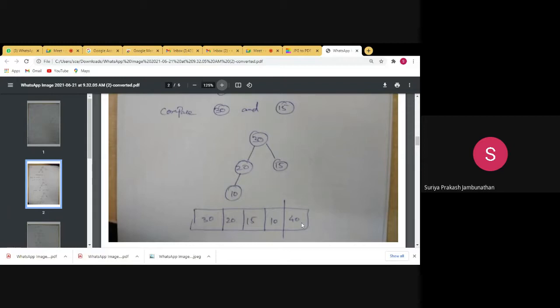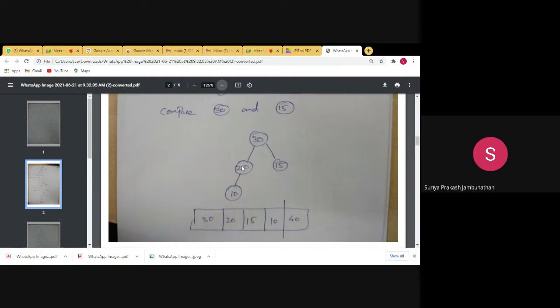Okay. Now we have to delete 30. What is the next root node? We have 30 that has to be deleted. Now when we are deleting 30, which element can we keep as the root node? Can you tell me, students? 10, sir. When deleting 30, we have to keep 10 as the root node. Very good.